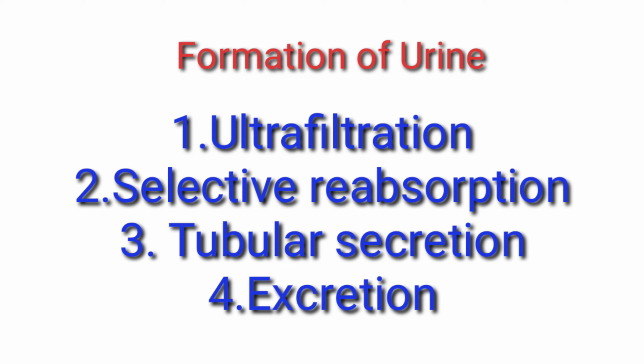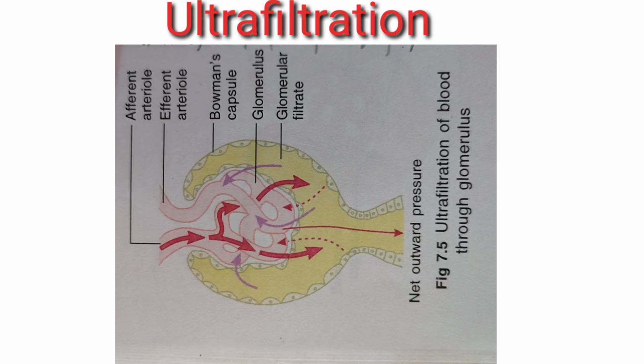Number one is ultrafiltration. Number two is selective reabsorption, also referred to as tubular reabsorption. Number three, tubular secretion, and number four, excretion. We will be discussing in detail each one of these steps separately. First step of urine formation is